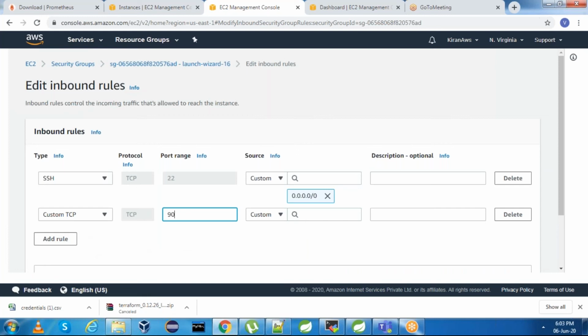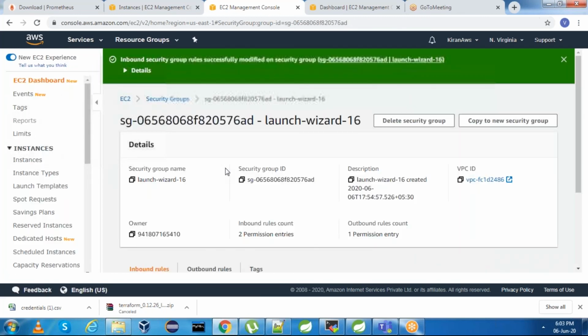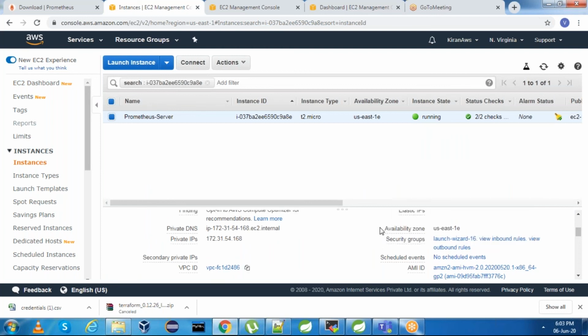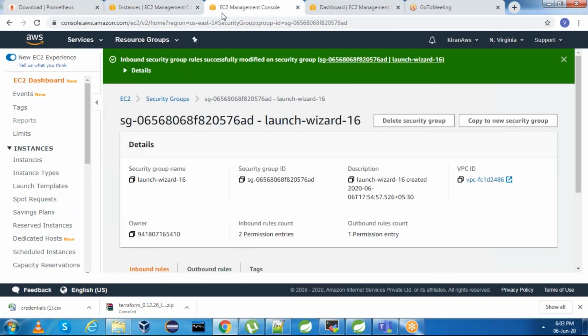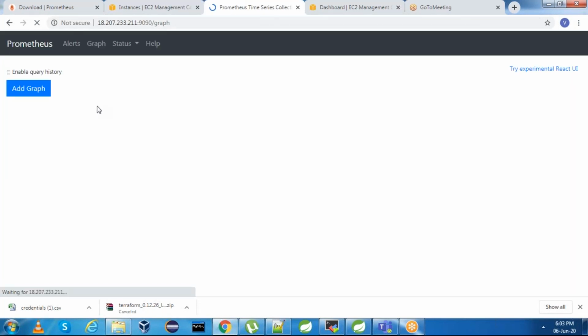Prometheus port number is 9090, and in the source add a CIDR block for all the network ranges. Now copy the server IP and go to the browser and type server IP colon 9090/graph. Now see, we have got the Prometheus web UI.